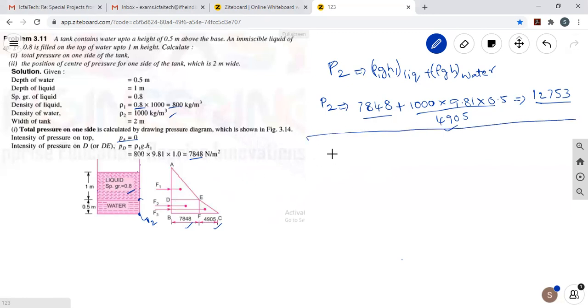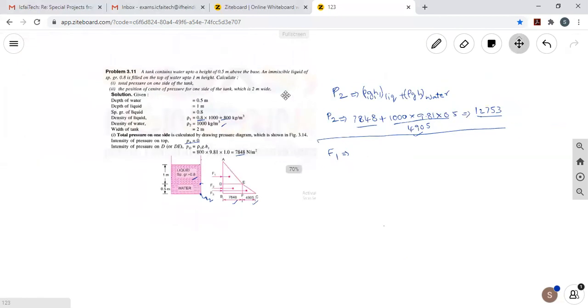Now I want to write the force 1 acting on this triangle. How can I write the force acting on the triangle? It equals the area into the width of the tank. What is the area? The area of triangle ADE. Triangle area is half into base into height, half into,